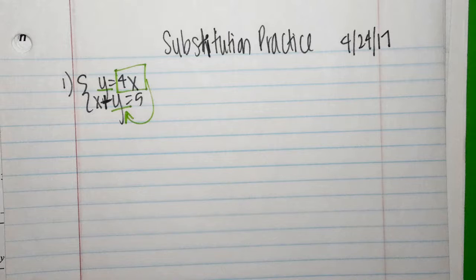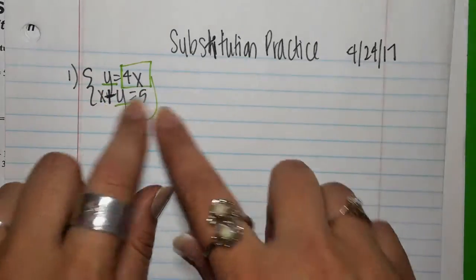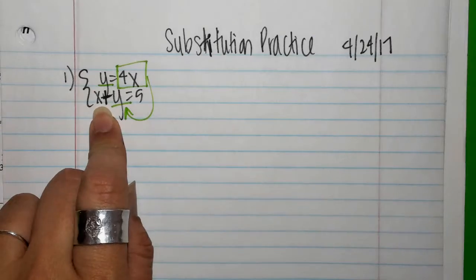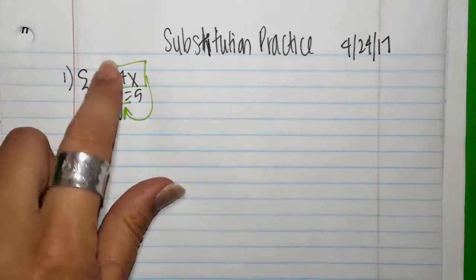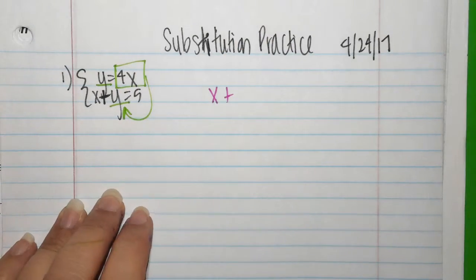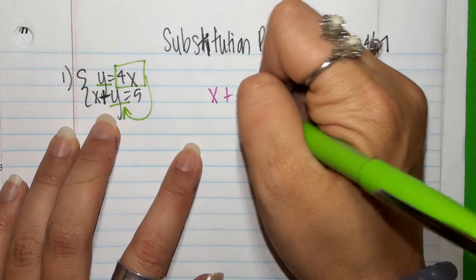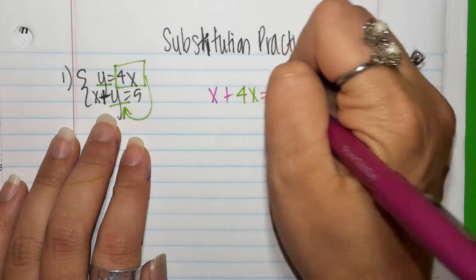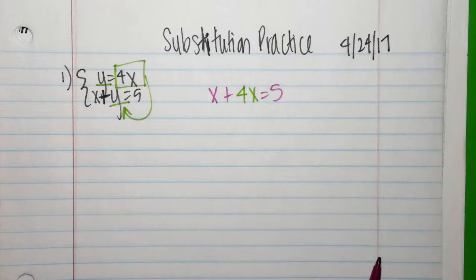Now, why did we pick y? Because it was alone. That's the variable that's by itself. So y is alone, y is tired on the field, we need to substitute. We're going to plug in 4x. Now, this is our field, this is our play. And we're going to create a new lineup out there because we're substituting someone. So we say x plus, who's being substituted? And what's he being substituted with? 4x